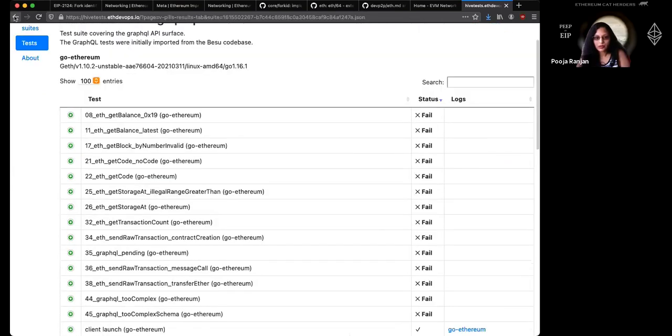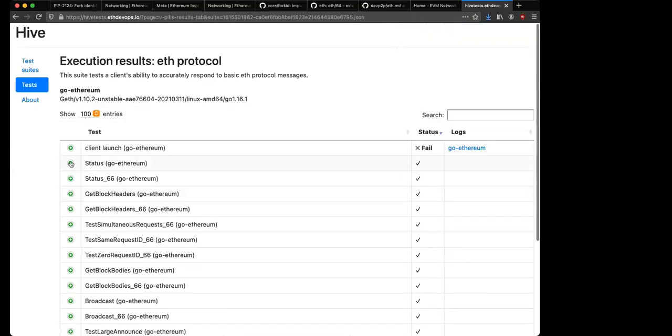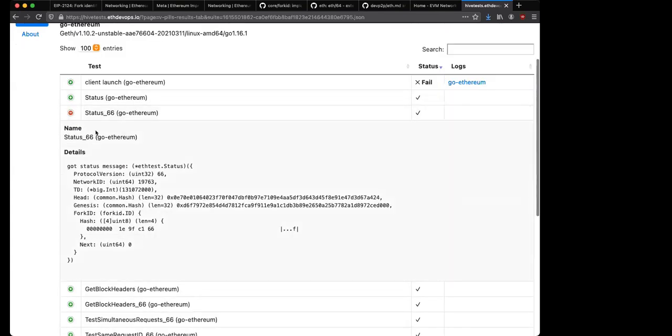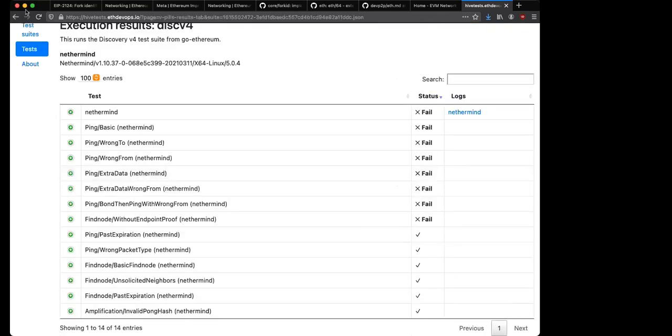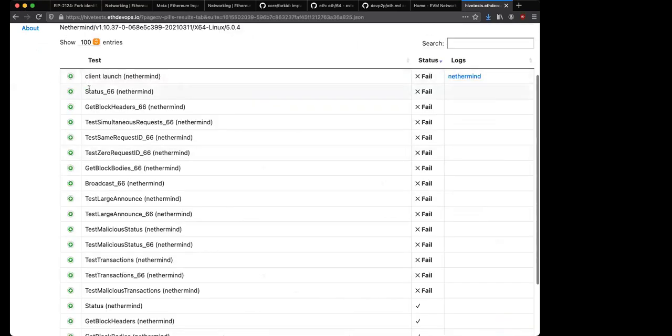Oh, no, this is the wrong test. Wait one second. Here we go. Yeah. And here you can see also that Go Ethereum implements version 66, and the other clients don't implement 66. I keep clicking the wrong thing. I'm so sorry. Yeah, so they don't